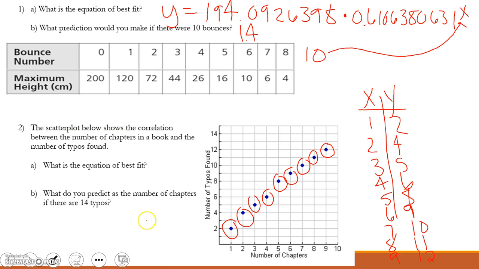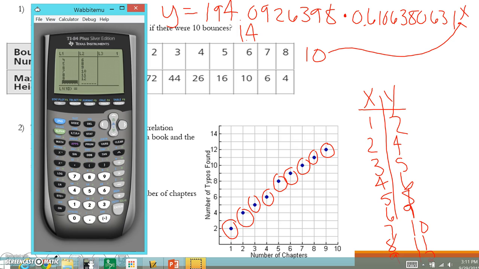All right, so I go to my calculator, and I had already put it in. Notice that I had made a mistake. It was 6, 9, not 6, 7. So I went over and checked my work, and I found that. So then I hit zoom 9, and that should look just like the graph on your sheet. So now I hit stat, go over to calc, and this is a line, so 4. I go down to calculate,